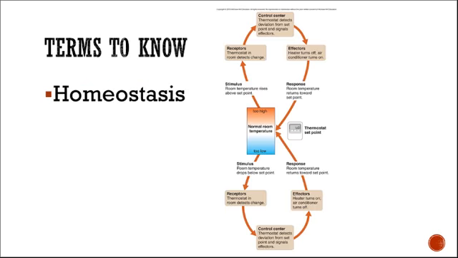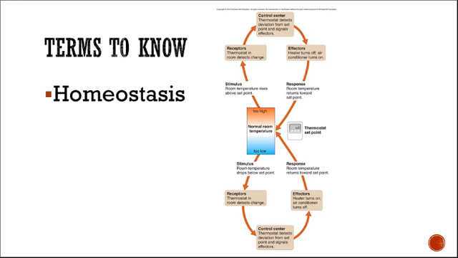Another term to know is homeostasis. Homeostasis sounds big and confusing. It just means the maintenance of a stable internal environment. Our body doesn't like to be at stress. It likes to maintain even keel, similar to a thermostat in your house. You can set it so that you turn on the air at certain times or you turn on the heat at certain times, but it's best if we maintain a constant temperature, and that's what your body tries to do.